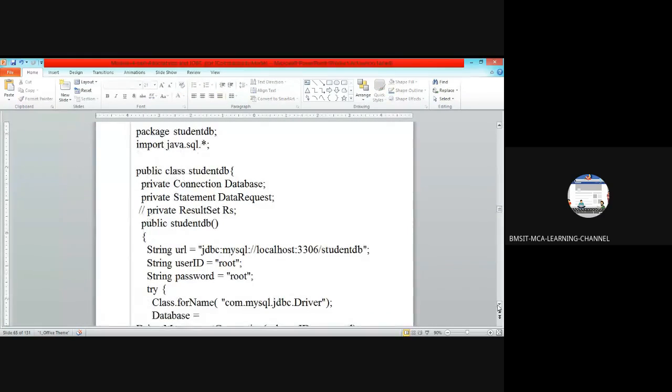See the simple JDBC application example. Package student. import java.sql.*; all the supporting class files for SQL are going to be supported. That is connection, prepared statement, result set, buffer reader, callable statement. All the class files which support SQL are imported here,